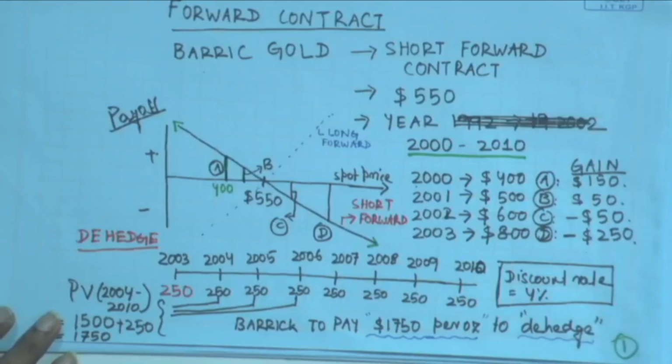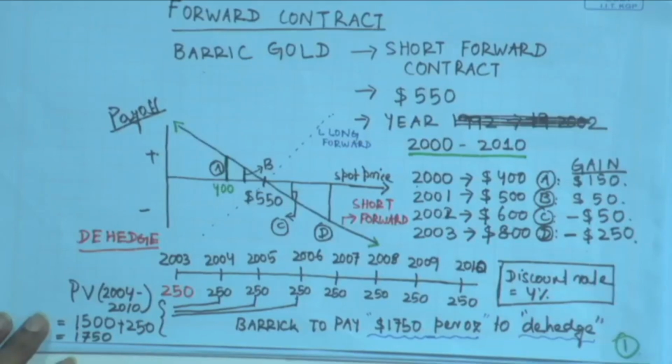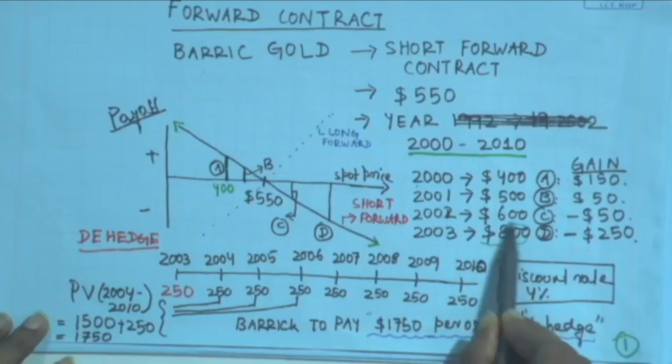Now when it became increasingly evident for the company that gold price is going to go up and up, if the company does not do anything, it will go on incurring a higher amount of loss. So let's say in the year 2003, Barrick Gold decides to dehedge. Dehedge means in 2003 Barrick Gold is going to pay $250 plus the present value of the loss